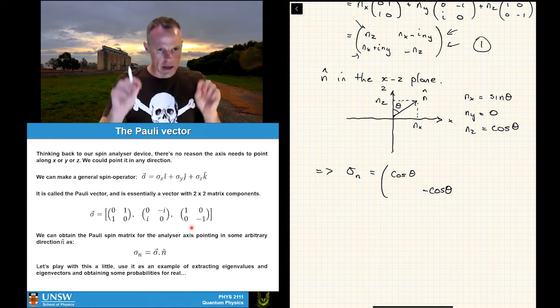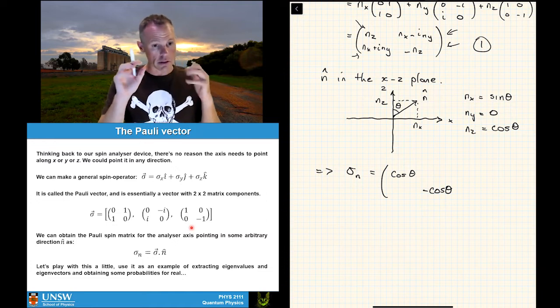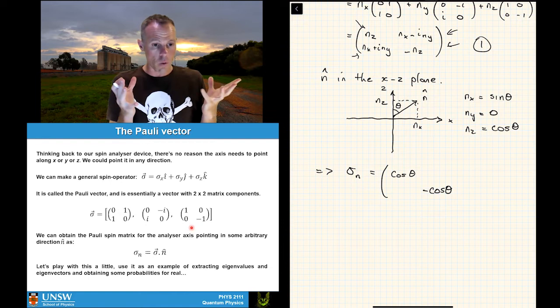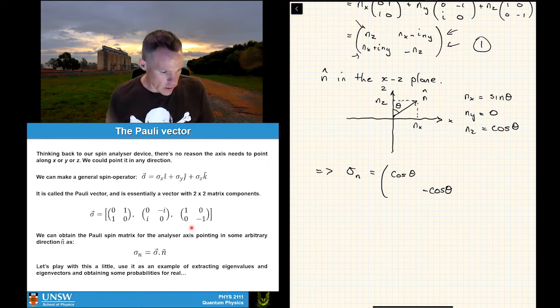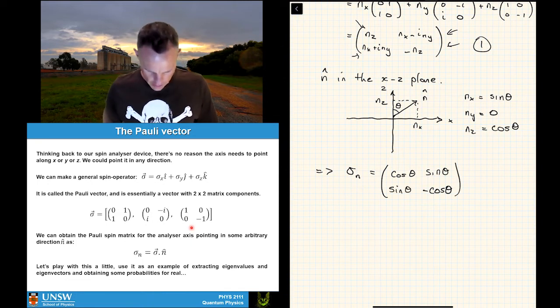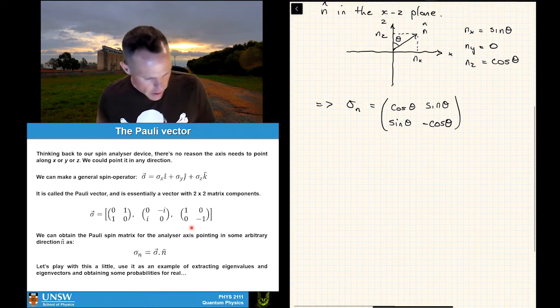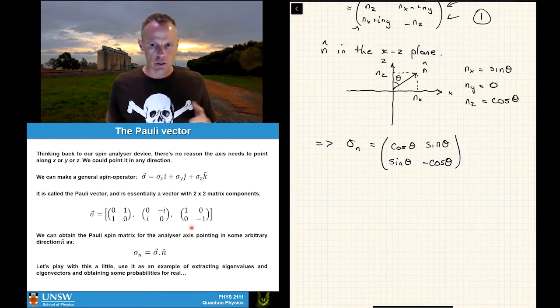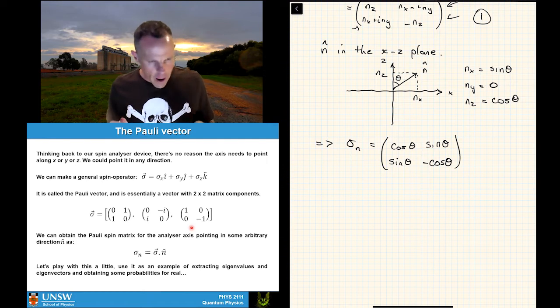And then the off diagonal elements, there's a zero for ny, so we would just have our nx. So these would be sine theta and sine theta, respectively. Sine theta, sine theta. Okay? A bit of a simpler problem to deal with, just so that we can keep it inside the space of a normal lecture. So what I want to do in the two separate halves of this lecture,